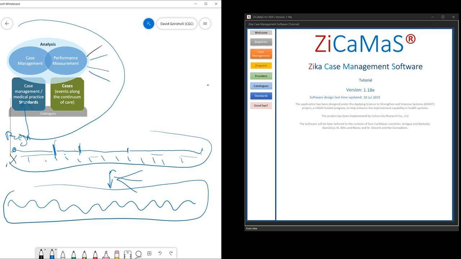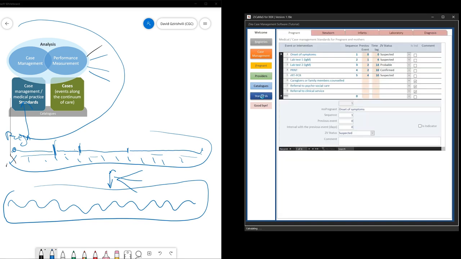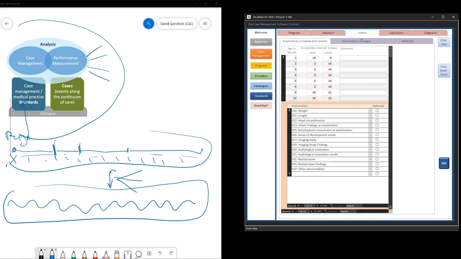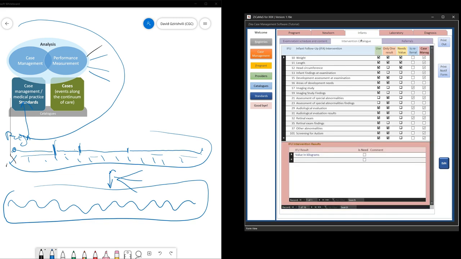And quickly we go through it. I said ZiCaMaS allows you to set standards. Here are standards for pregnant women. We set interventions, sequence, even time intervals between those interventions if we want to follow them strictly. It uses separate standards for newborns. What diagnostic services should be performed? Numbering is cross-referenced with SDC numbering, and infant standards are much more complex because we have standards for a catalog